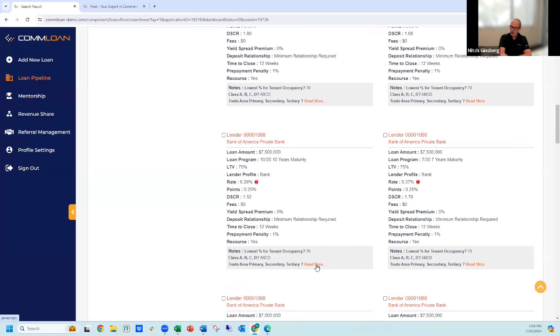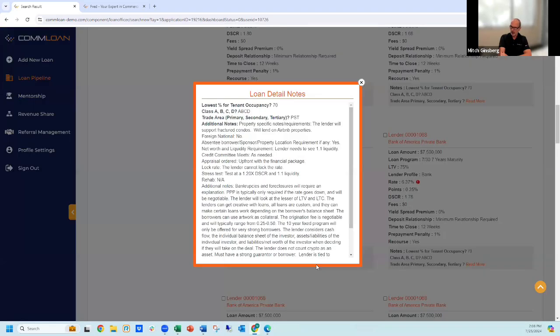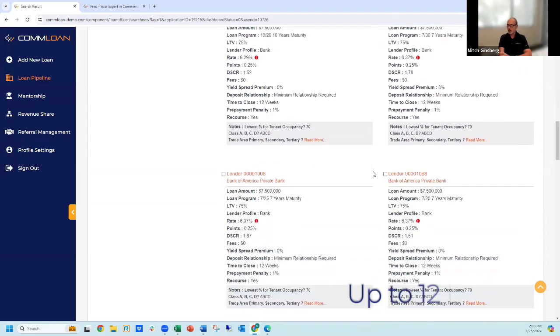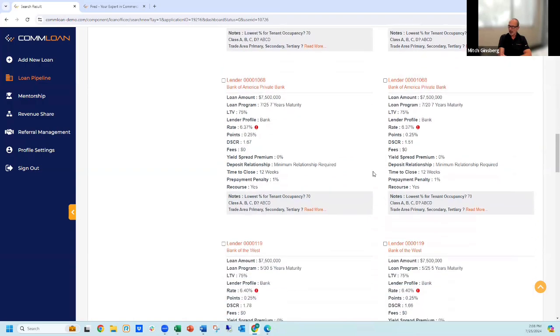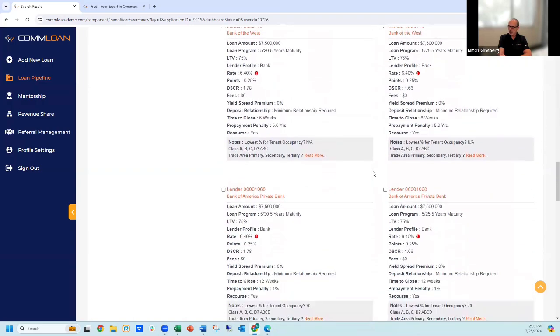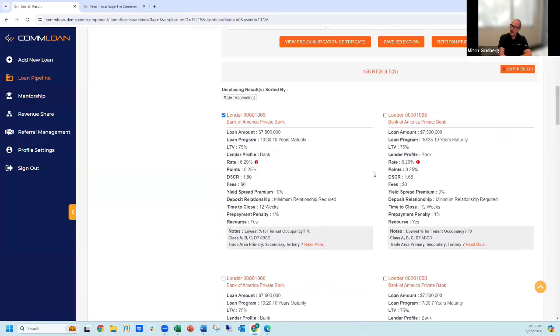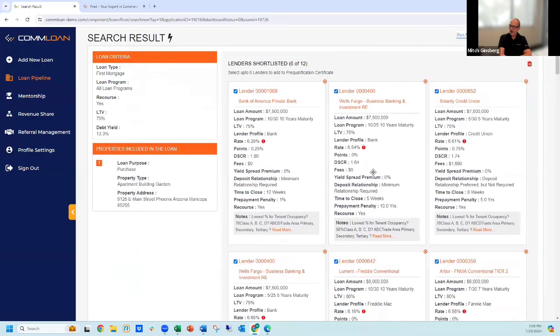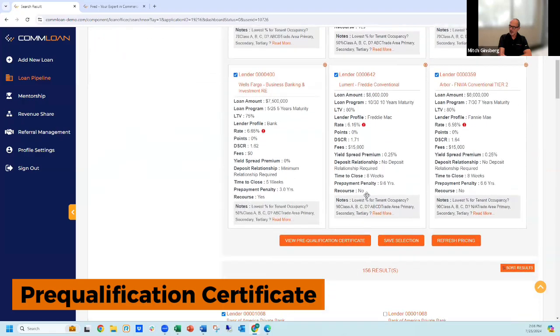If you want to read a little bit more about the narrative with regards to that particular lender, you can just get that information as well. You can choose up to 12 lenders initially that you'd like to get your package out to. And as you're going through this process with the borrower, you make your selections. I've gone ahead and selected the top 6 at this point, which will appear on the pre-qualification certificate. I click View